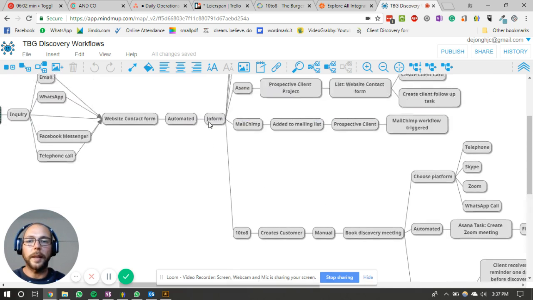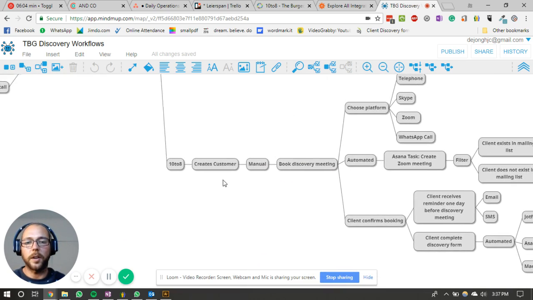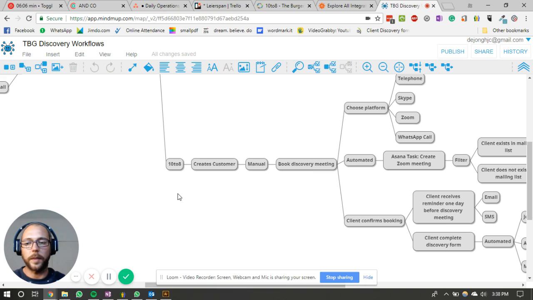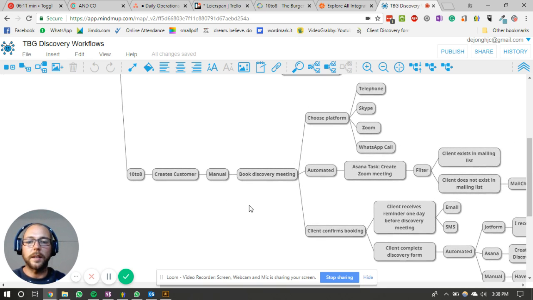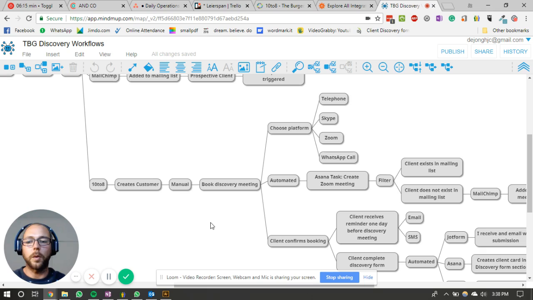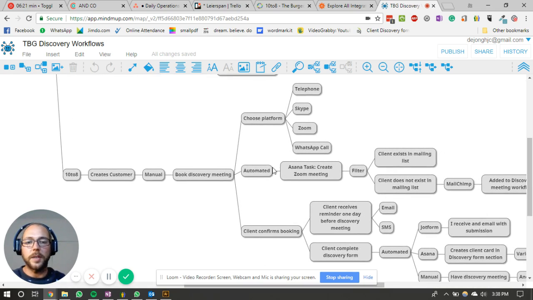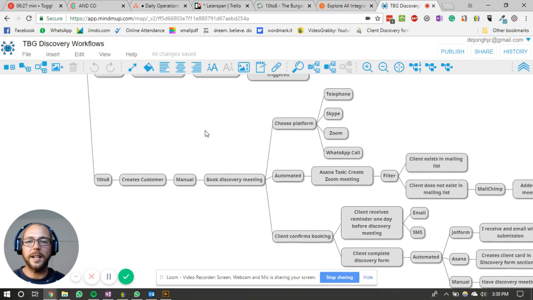And then it automatically creates a customer on 10to8, which is the platform that I use to manage my calendars. And then at least the customer is created. So when I email or call the client to make a booking, I already have his details in 10to8, and I can just add them. And then 10to8 automatically sends an email and an SMS once the meeting has been confirmed. So that's just kind of like a quick idea